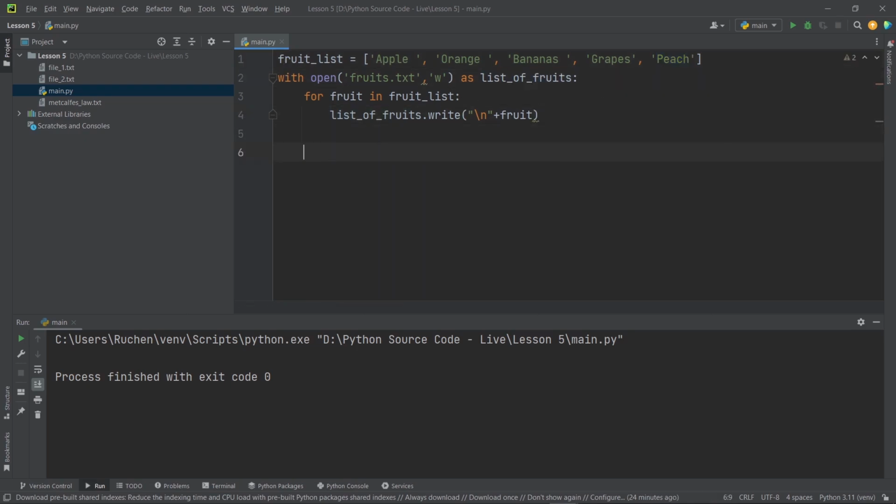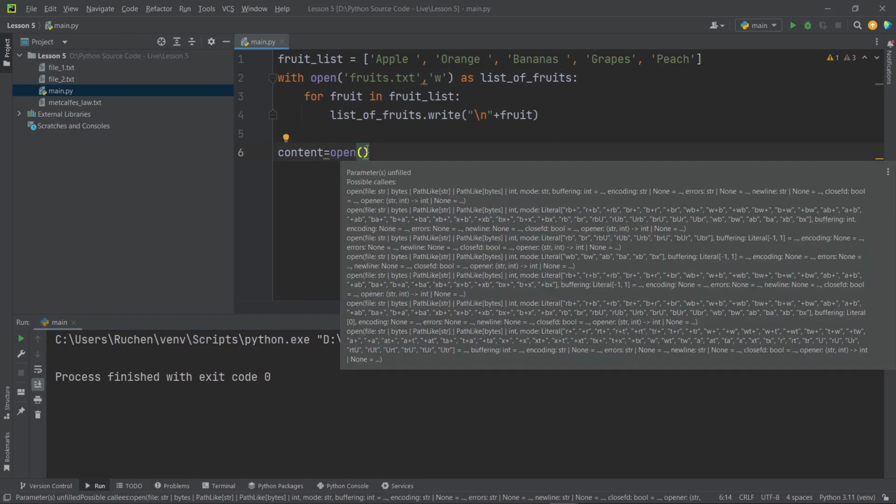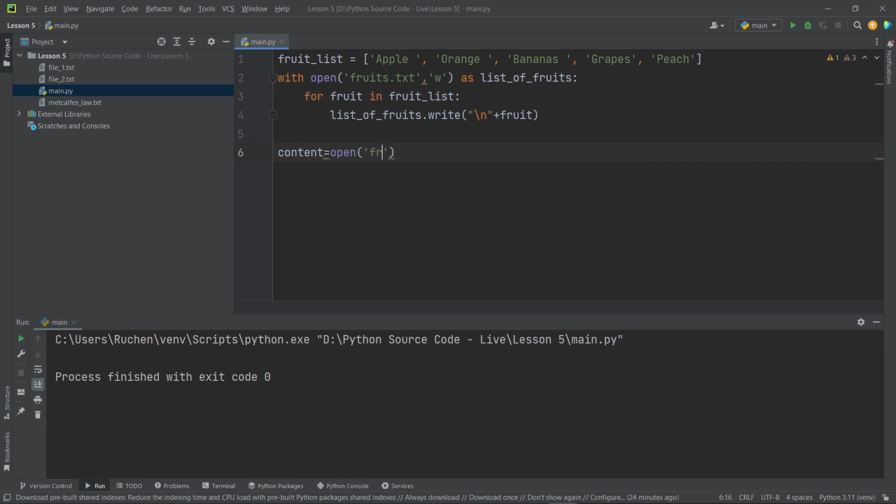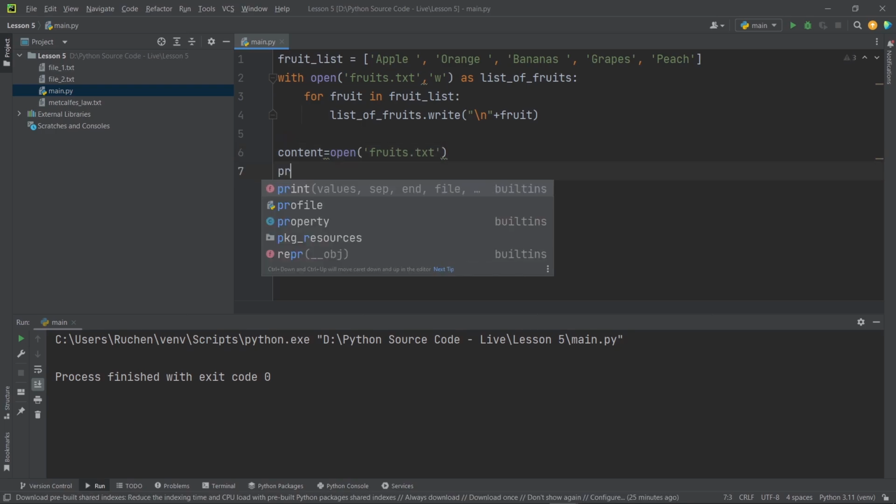And on a new line, I'll double backspace so that we are against our gutter over here. And I'll create a variable called content, which is equal to the open function once again. And I'm going to open a specific file. The file I'm going to open here is the one that we've just created, the fruit.txt. So I'll open fruit.txt, and I simply want to read that content. So then I'll print